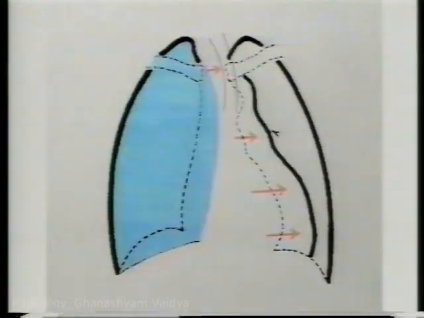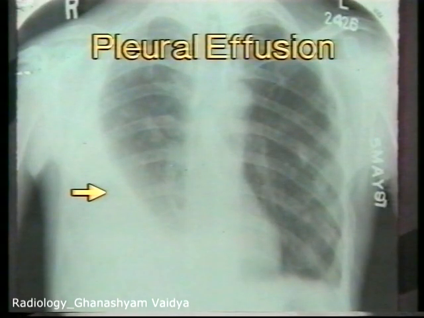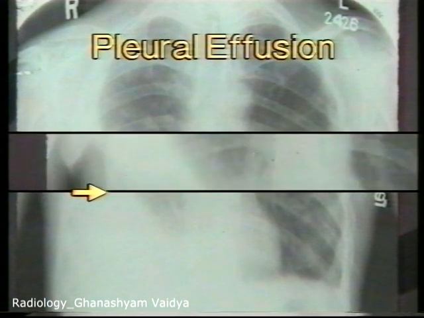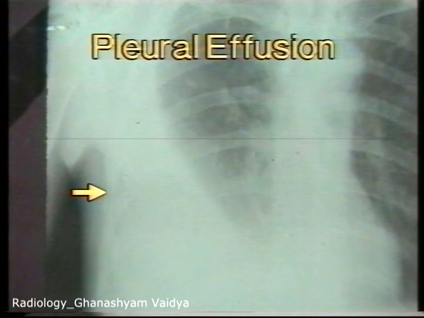A massive pleural effusion produces complete or almost complete opacity of the affected side and a marked shift of the mediastinum to the opposite side. This is a typical X-ray of a moderate-sized pleural effusion. Note the homogeneous opacity of the right lower zone with a concave upper border which is well defined but not sharp, rising higher on the lateral side towards the axilla. This is a characteristic appearance in pleural effusion.